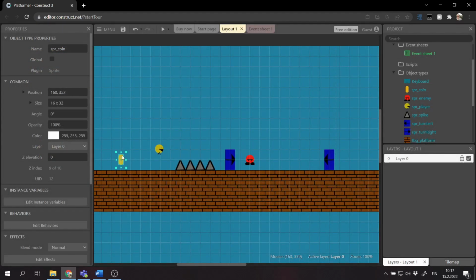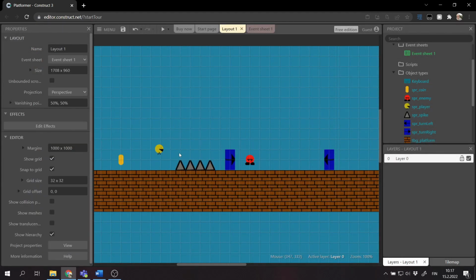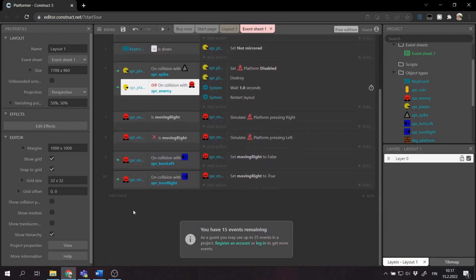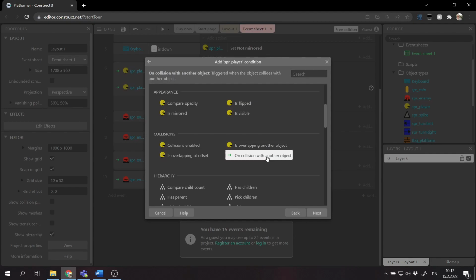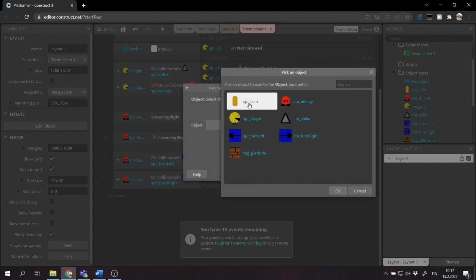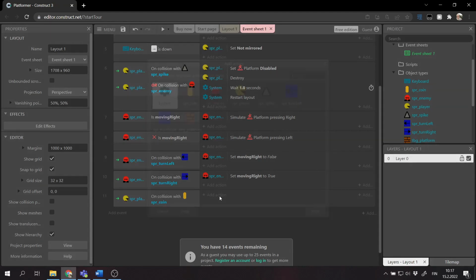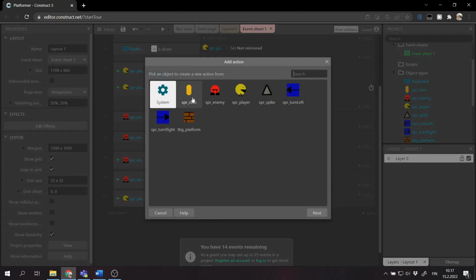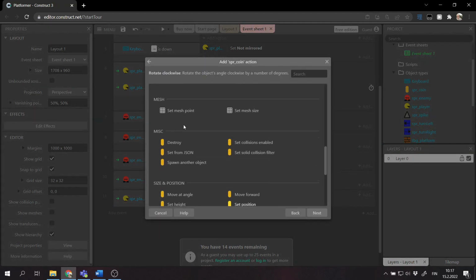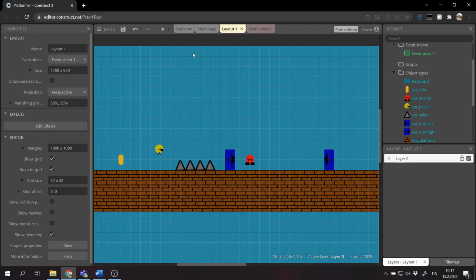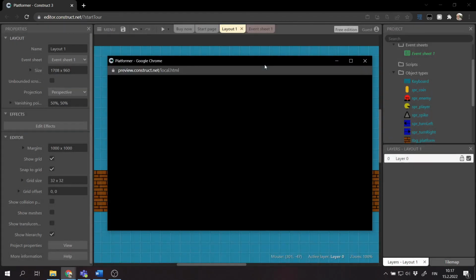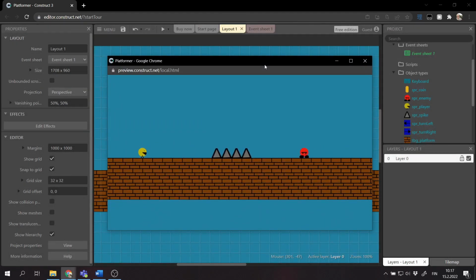Now we have the coin added into our layout, and now for the events, again we add a new event. We check if the player is on collision with the coin, and then we are just going to destroy the coin, like so. And if we try to play the game, now we can collect the coin,